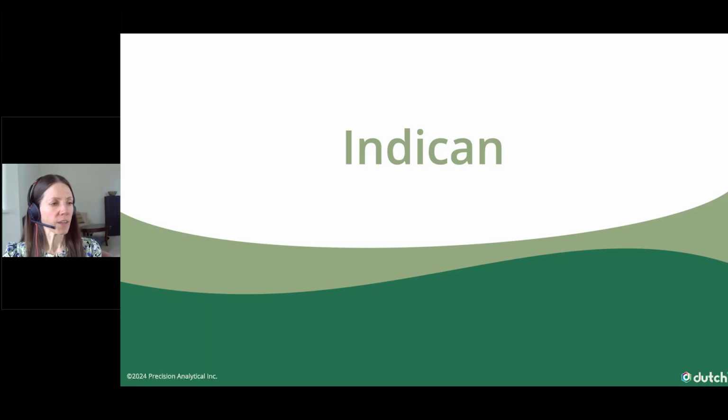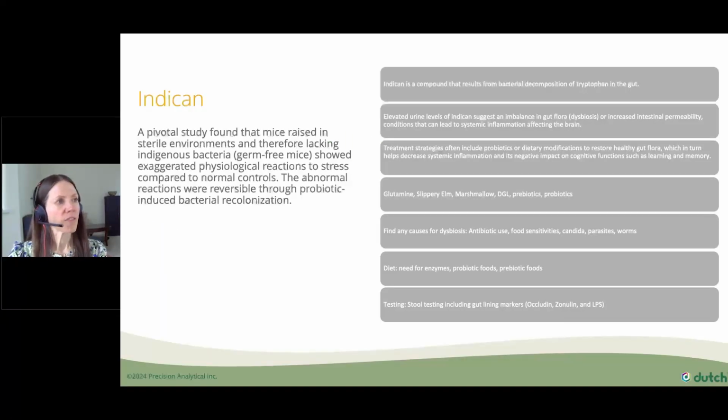Next slide. Indican. Next slide. What we found was in a study that I found in mice, not in humans, in mice that were raised in sterile environments, which we refer to as germ-free mice, there was a much more exaggerated physiological reaction to stress compared with normal controls, which was reversible through probiotic-induced bacterial recolonization, which I find really amazing. Is that working on the gut with specific bacteria, as we're starting to see more and more of these things emerge? We're calling them psychobiotics, working on the gut and leaky gut and putting good bacteria back into the system, healing the